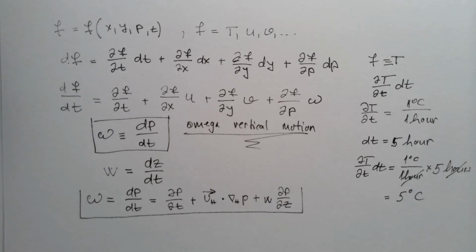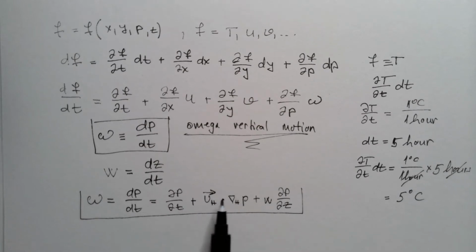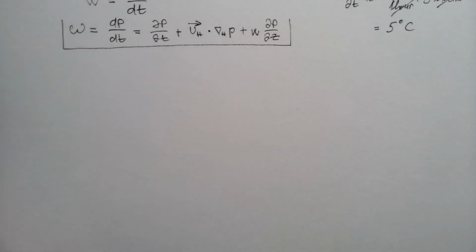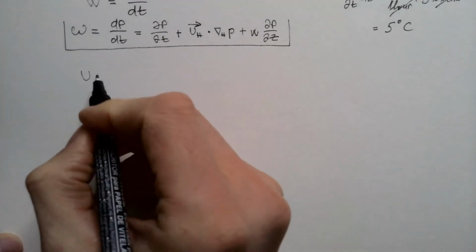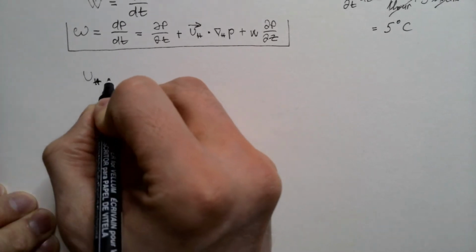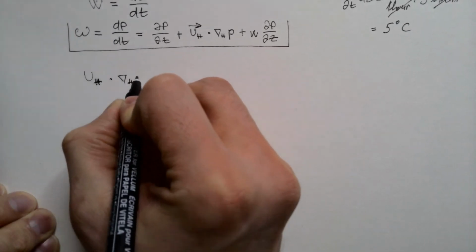And the only assumption that we actually need to adopt is that motion is in mid-latitudes and at large scales, what we call synoptic scales. Then we can use scaling arguments to demonstrate that the first two terms on the right-hand side are much smaller than this third term on the right-hand side. So let's do that. So let me first estimate the order of magnitude of this horizontal advection of pressure, namely this U_H dot nabla_H P